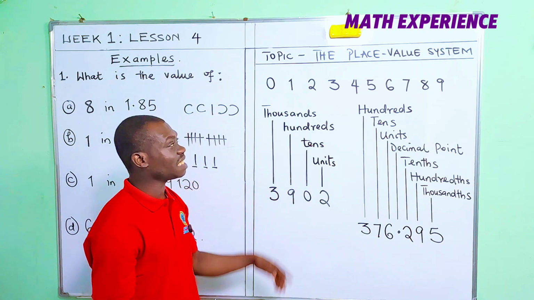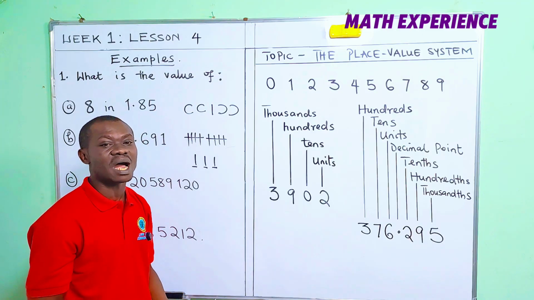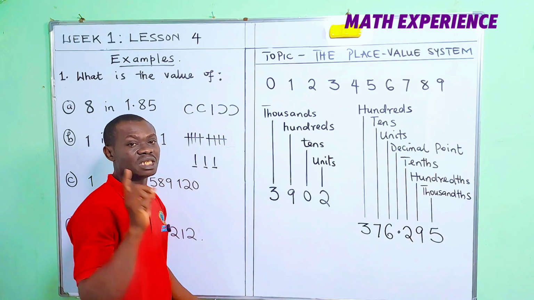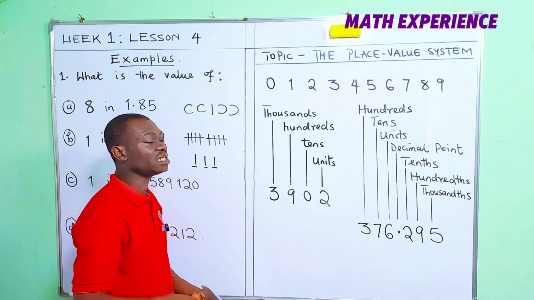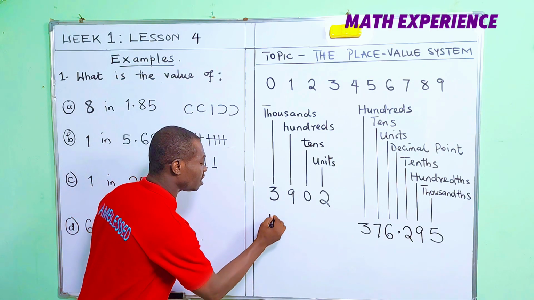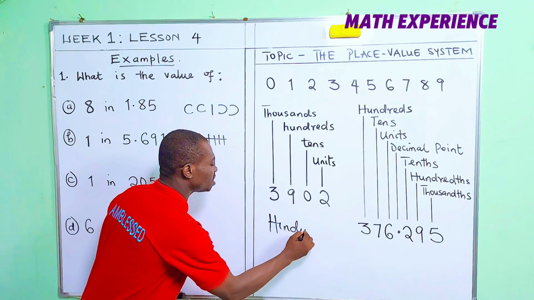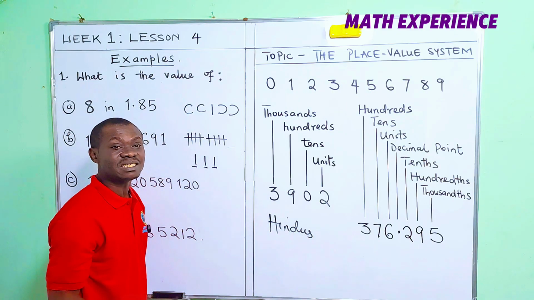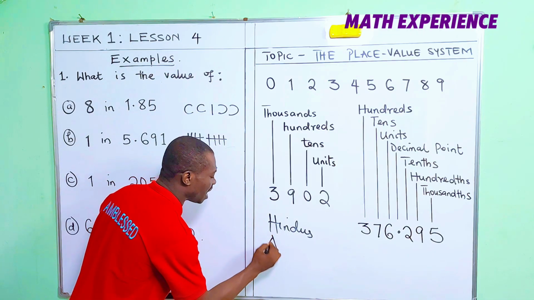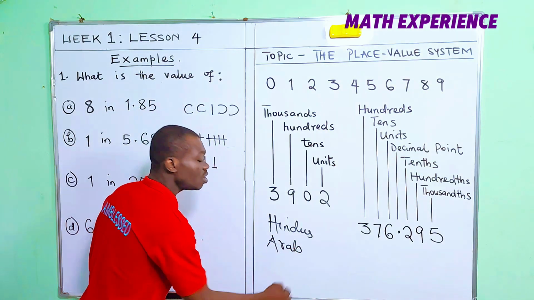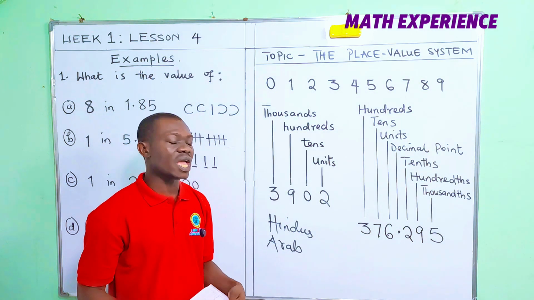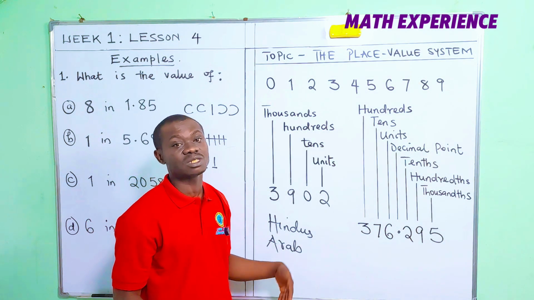Okay, so remember I said that this is also called the Hindu-Arabic system. Why? Because this system was actually developed or originated from the Hindus in India. So the Hindus in India developed this system, and then it was given popularity by the Arabian traders. The Arabian traders took it to Europe, and then they were able to use it to make calculations as